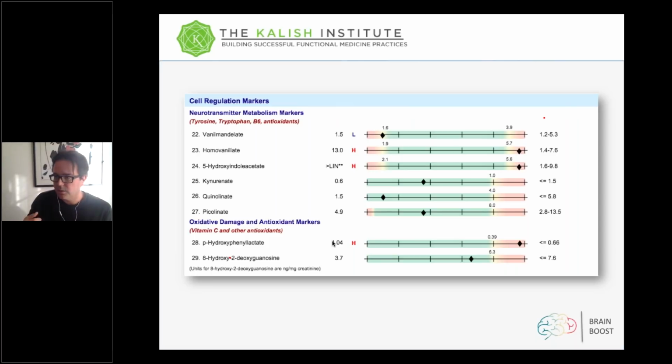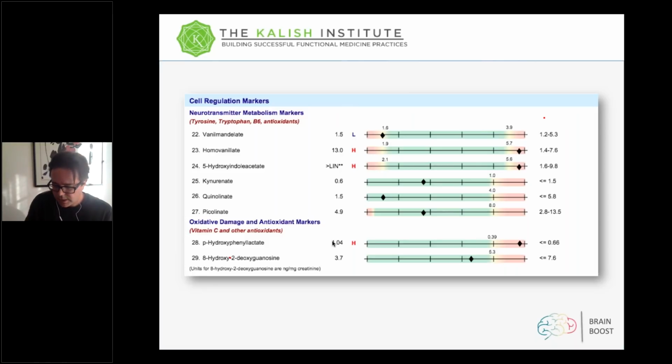Because if we're going to get a glimpse into the brain and measure neurotransmitter activity, we have kind of two options. We can do a spinal tap and draw cerebral spinal fluid and measure dopamine and serotonin through there, although that sounds pretty terrible. Or, all of these neurotransmitters are recycled in the liver. And when they're recycled, the body will kick off these organic acids into the urine. And by measuring these acids, we can see what's happening with the brain.